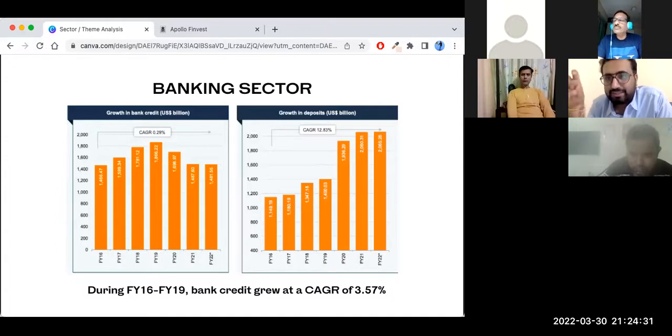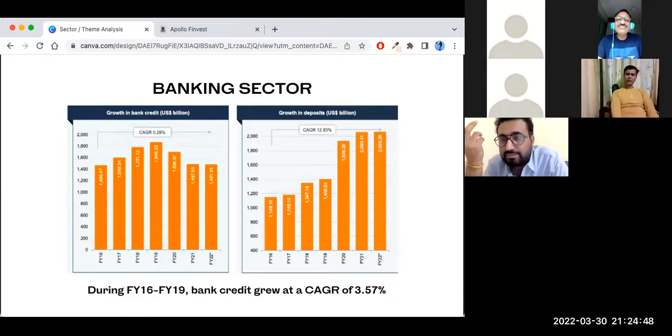Before I go to the matrix, I will first have to teach you the very fundamentals or ABC of financial numbers. There are many of you who might not even know how to calculate profit after tax. There are many of you who might not even know what is operating margin. There are many of you who might not know how cash flow is different from profit. So first I will cover that. First I'll tell you how to read basic numbers in an annual report. Then we'll go to ratios. Then I'll tell you which ratios are important for which kind of companies. So there is a journey that we have to follow. I cannot straight away go to banking में ये देख लीजिए, chemical में ये देख लीजिए. Then you will not be able to understand anything.